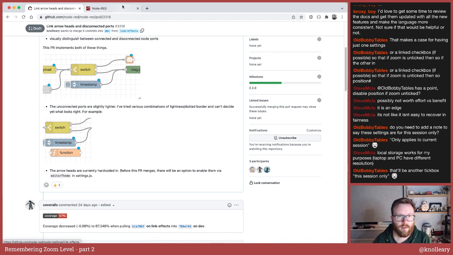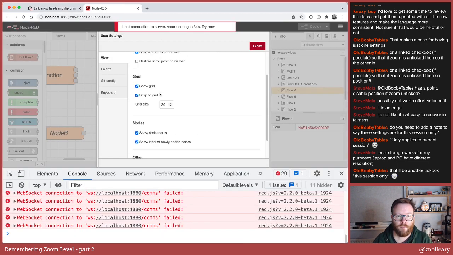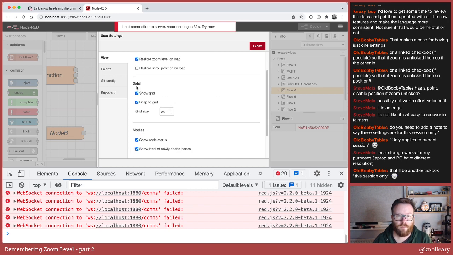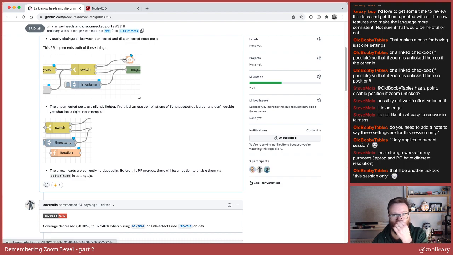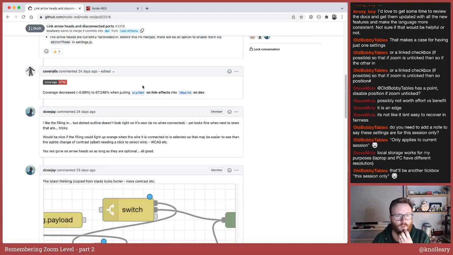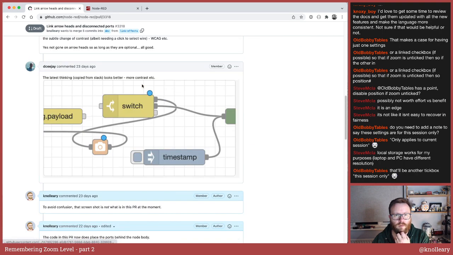So just as we've added stuff in here, there will be another option in here to show arrowheads on the wires. But what this one also adds, which is more controversial and why I'm not sure I'm ready for it to go into 2.2, is changing the appearance of ports more generally.